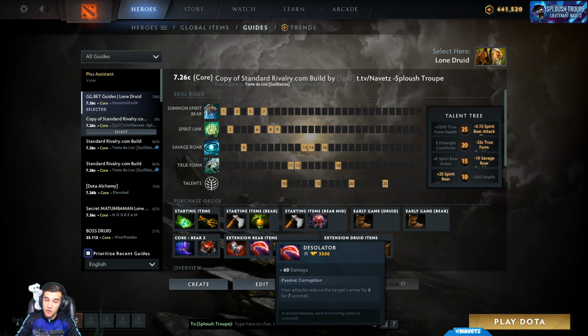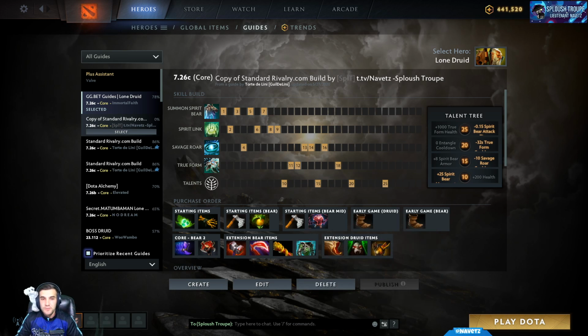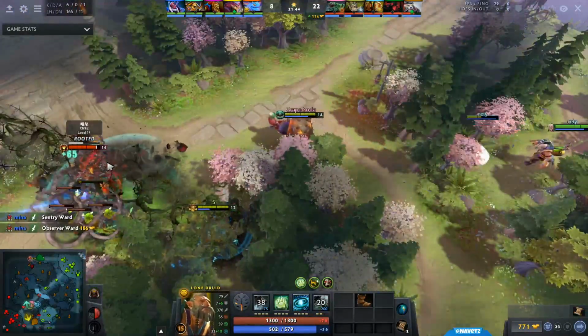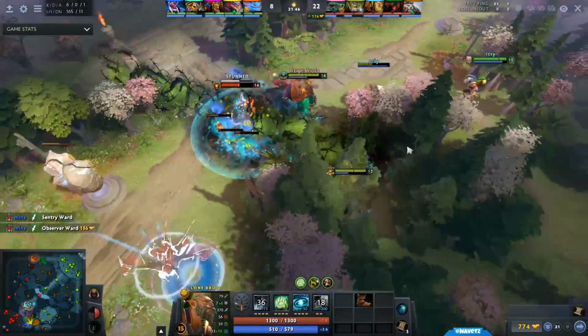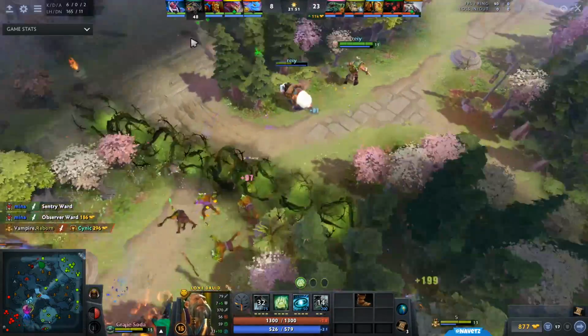You're not going to want to go back for the Desolator, you're just going to want to go straight Monkey King Bar. Now, looking into the skill build, I have seen here that some people have recommended going for a complete skippage of Savage Roar. So this is a little bit weird here, because